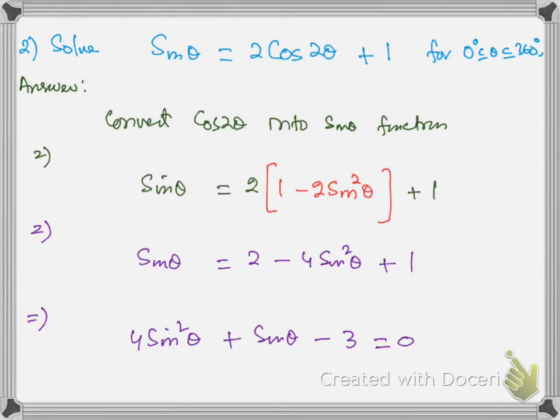Question number 2. Solve this equation: sin theta = 2 cos 2 theta + 1. In this question, the important thing is double angle. Unless we convert this into theta, we won't be able to solve this equation. See, in the equation, the power 1 function is sine. Since the power 1 function is sine, therefore we must use cos 2 theta as 1 minus 2 sin square theta. We will use the sin theta form. This is very important. Since we have sin theta here, we will replace cos 2 theta by the sine form. So cos 2 theta can be written as 1 minus 2 sine square theta here.